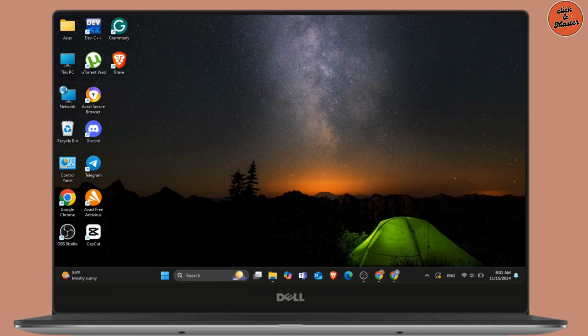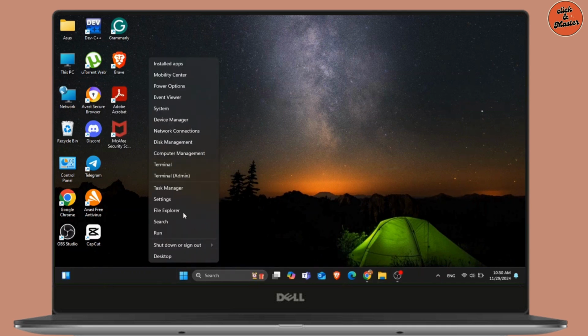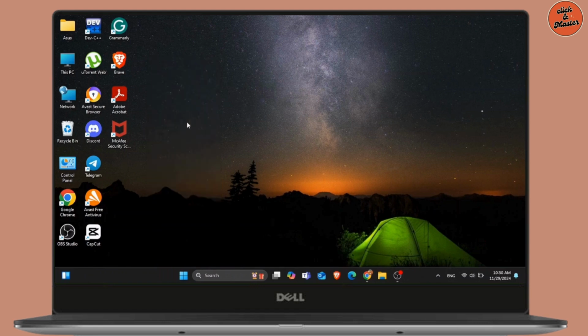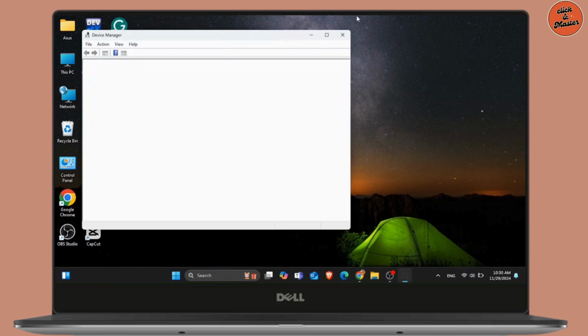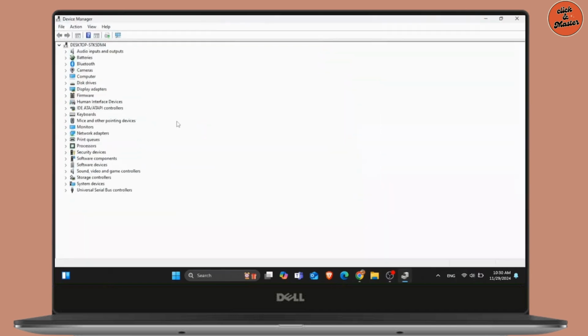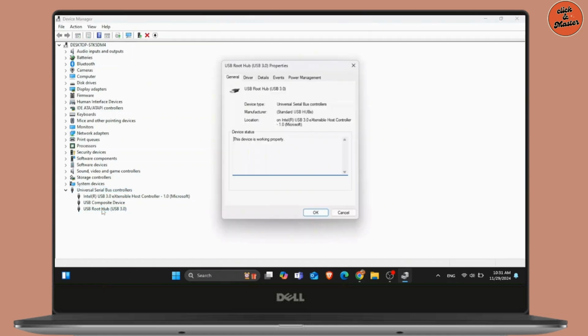For that, firstly head toward your Start menu, right click on the Windows icon in the taskbar and go to Device Manager. After that, the Device Manager window will open. In this window, at the bottom, you can see Universal Serial Bus Controllers. Now here, it does not show an error in any of them, but if it does on yours, right click